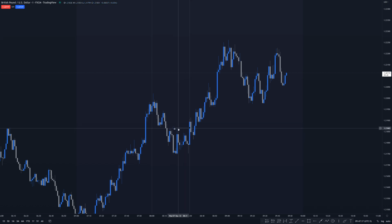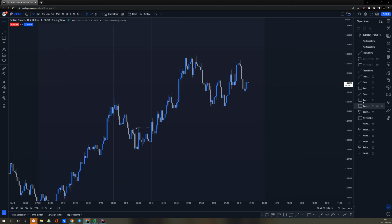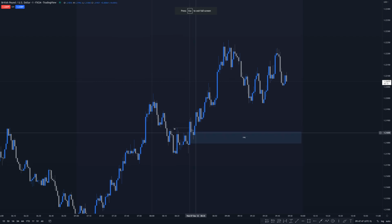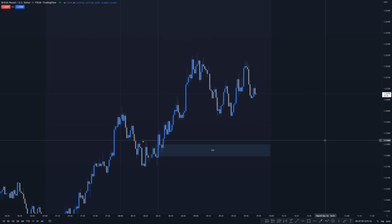It broke this structure in the market, this high and this high, and it didn't make a lower low. So for me, that was an indication that the market is going to go long. So I'll just take away what I've actually hidden here. Let's see. Okay, so this fair value gap, this candle on the 8:30 pushed up, printed this fair value gap forcefully, and I was saying to myself, right,